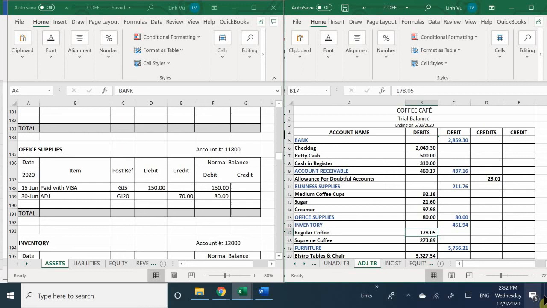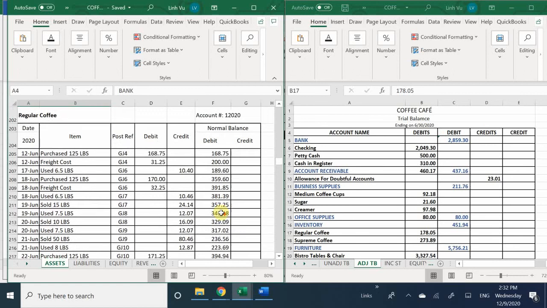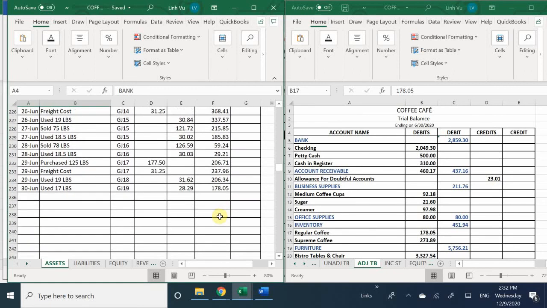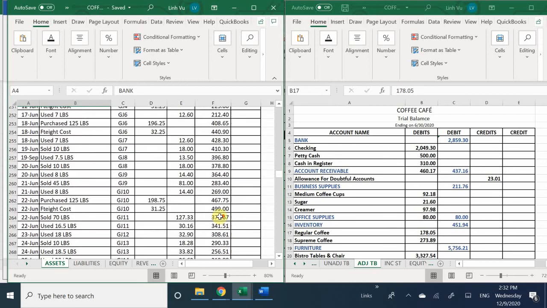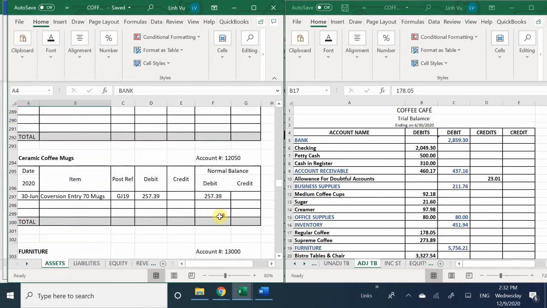Okay. What about our inventory? Did we make any changes to inventory? Let's see here. Scroll down. No, not on the regular coffee. What about the Supreme coffee? Let's see. Supreme is still $273.89. However, we have money on the cups now, so you're going to have to add that in there and adjust